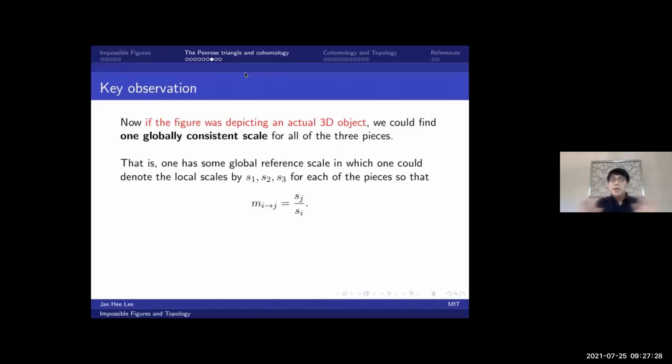And this is all happening under the assumption that we actually have an object that exists in three-dimensional space, such that the figure represents it. So that's the extra assumption we need to write expressions like this. So in particular, what this gives you algebraically is the following. I've explained that as we move from one partial image to another partial image, you need to multiply by a certain positive real number, which is a scaling factor. And what happens is that if you multiply these three factors cyclically, so if you move from part one to